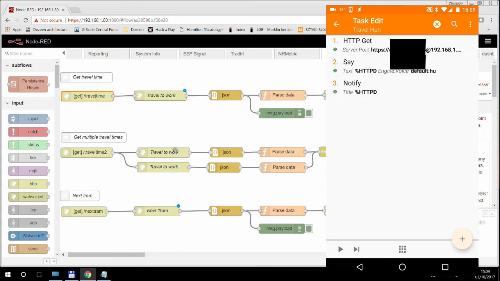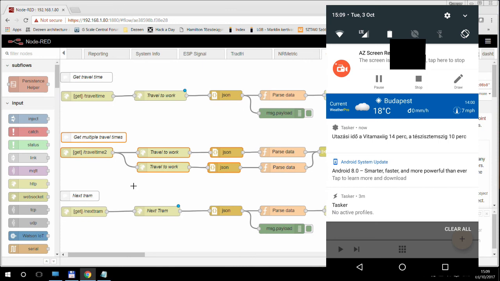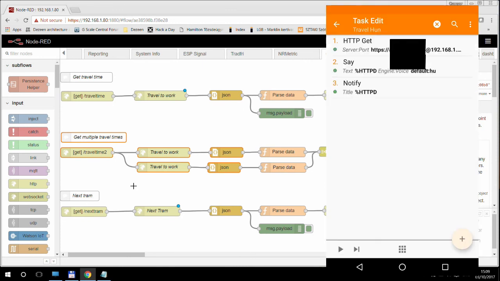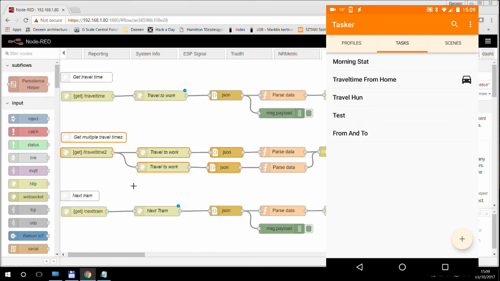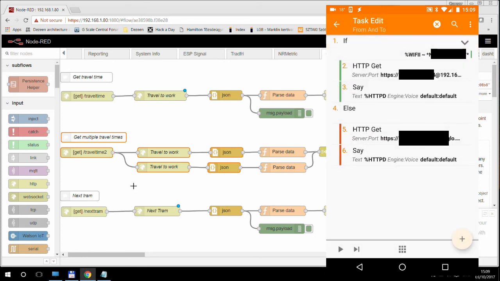Then you see, you hear the results in Hungarian, and actually it is using this method here because it was giving me two travel times, one to the kindergarten and the other one is my wife's work, and it's nice. Oh, and actually I've also added this notify HTTP, so you also get a notification for the same. So it's good. The other thing I also wanted to show is one more neat thing that you can do